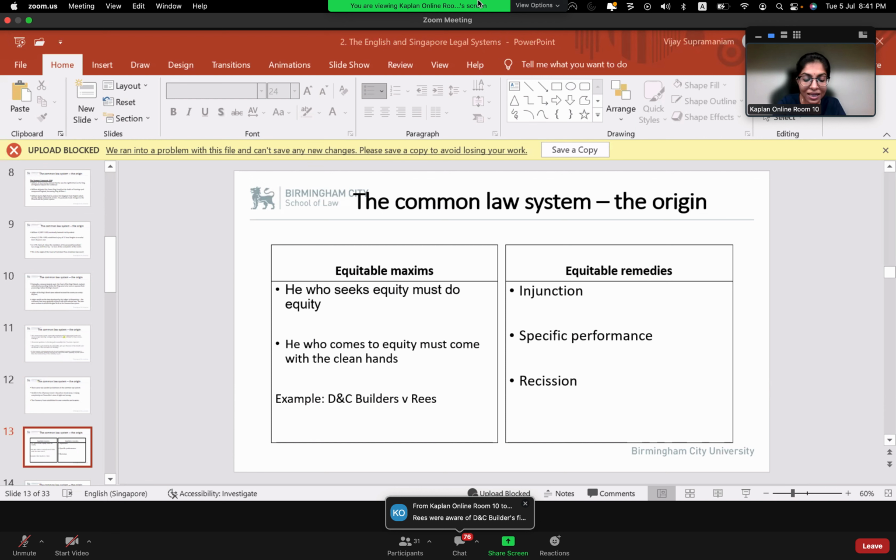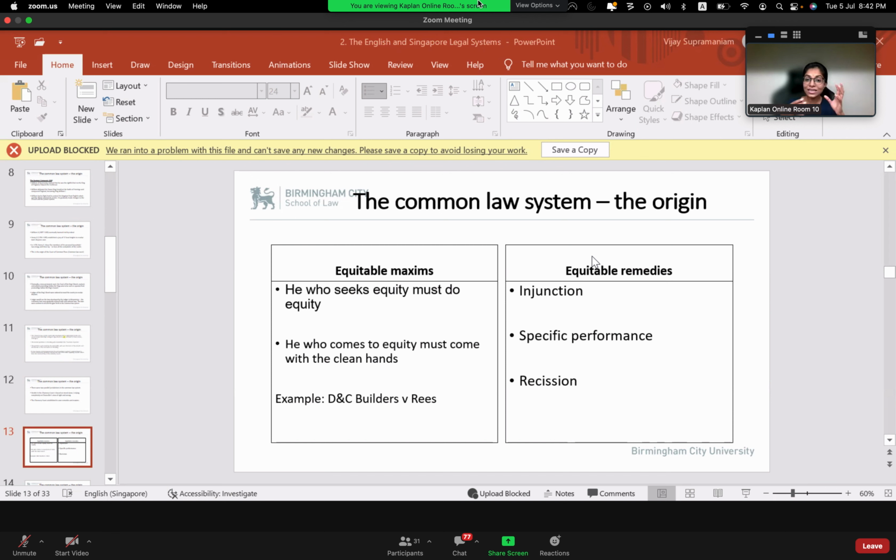So the Court of Appeal said the Reese must pay the balance. You have to pay the balance amount. Equity refused to protect. We cannot use the principle of equity. Okay? So this case is a very good case to demonstrate how the Chancery Court, of course this was used, it's a much more recent case in the Court of Appeal, but I thought this case was an excellent case to demonstrate how the Chancery Court was popular. Because we will just decide on the merit of the case. We'll just use the principle of fairness to decide on cases.